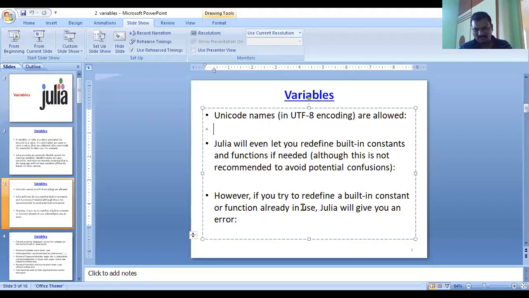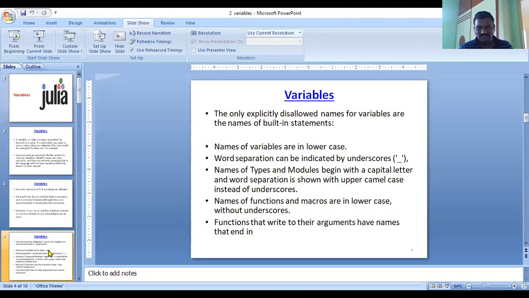Another important point is that Julia disallows names for variables that are built-in statements. Some words used in built-in statements cannot be allowed as names. For example, else is a built-in statement.